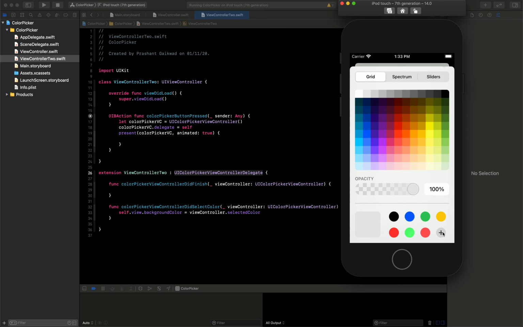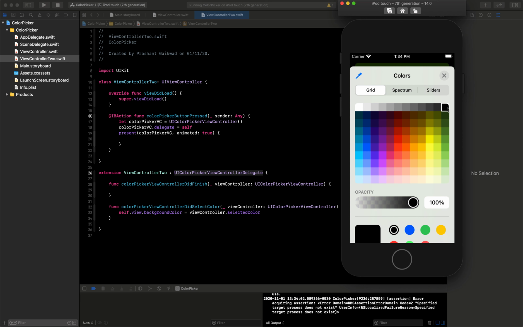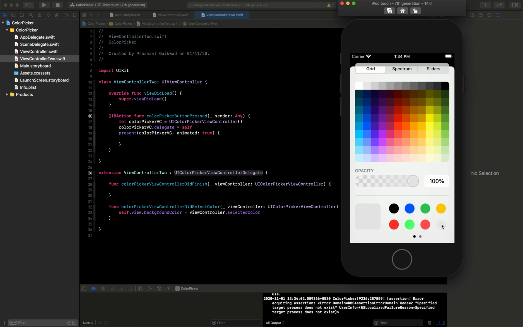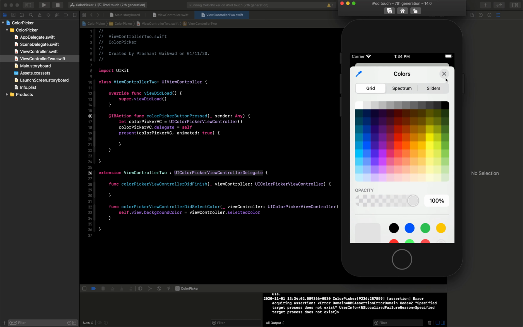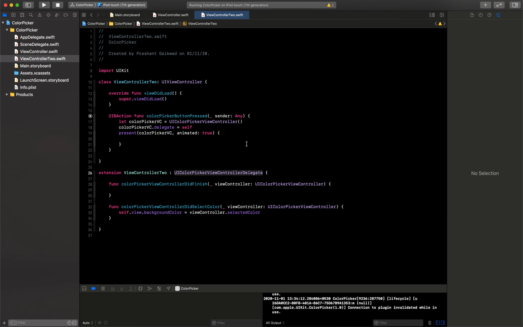Now if I select plus here, this gray color will get added here, you can see, and you can slide this and you can add more colors here. And now let me just close this, and you can see it is showing me that color in the background. I had selected green by default, that's why it was showing me that. But now if I select my gray color here and close it, you can see that color is coming in the background. So this is how you can use it, and the functionality is very simple.